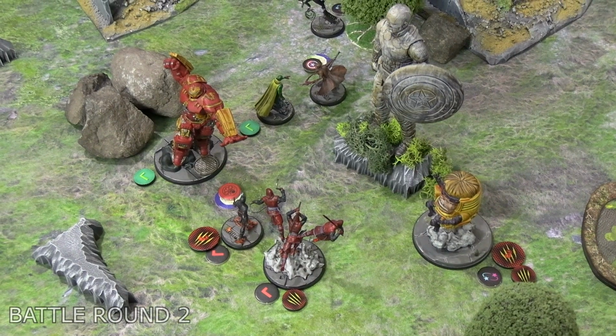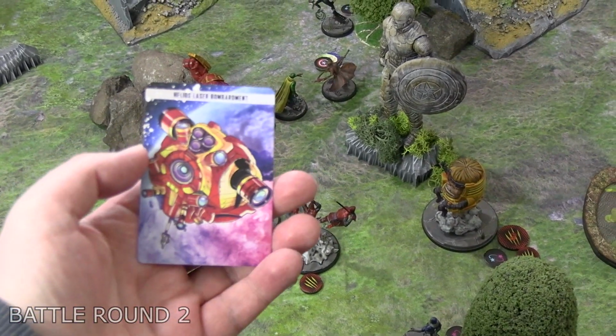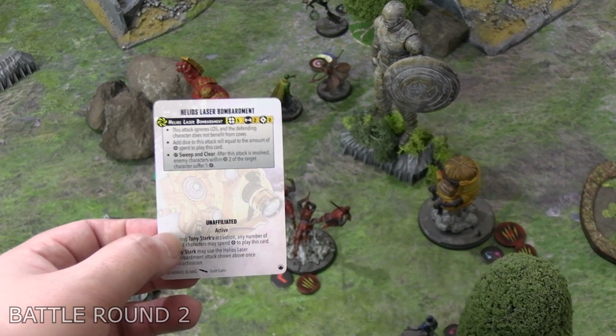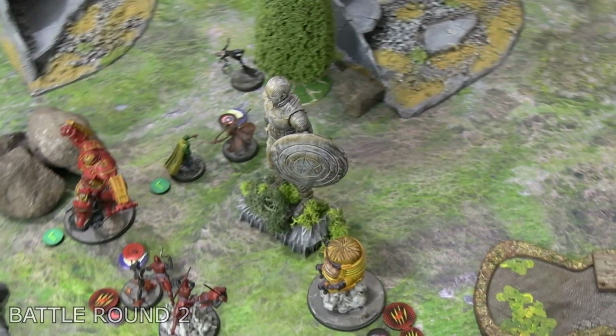Well, the Hulkbuster had a busy turn. He started by playing Helios Laser Bombardment just so he had access to the attack at some point during his turn. He put in 4 Ant-Man, put in 3 Vision, put in 3, taking it to a total of 12, I believe. So, first of all though, he also spent, because he was sitting on a lot of power now,